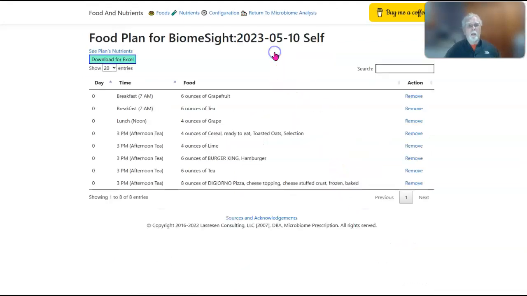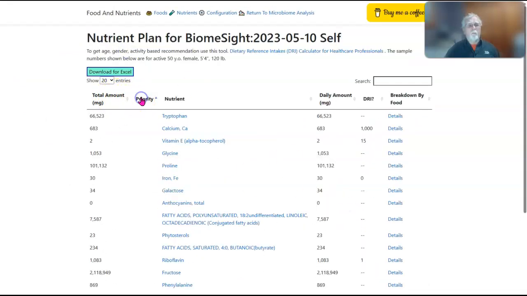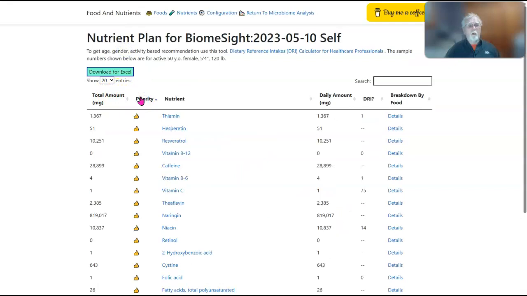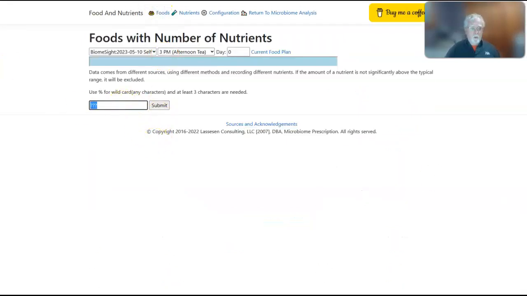Now we go over the food plans. You see the items there, but now when we go over the plant's nutrients, you can see how well you're doing. Everything there is a plus, and there are no negatives. If there are negatives, you can go and find out what food is bringing a negative and get rid of it. For example, if in your food you put in artichoke,